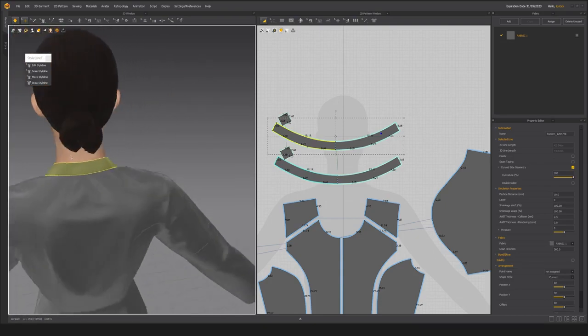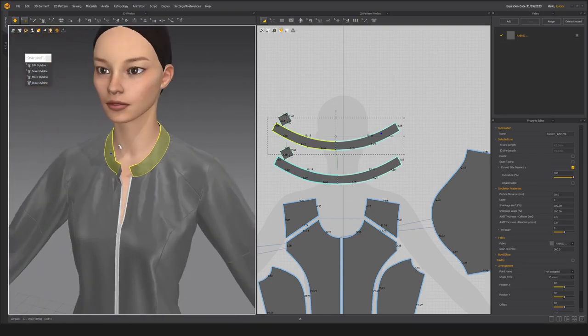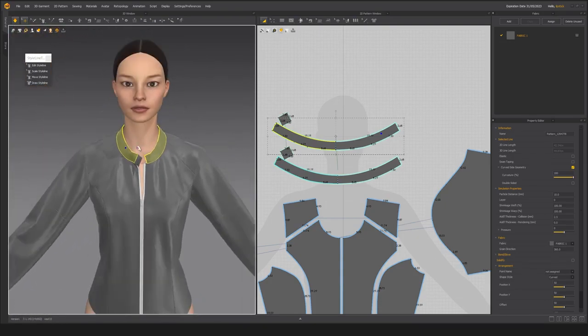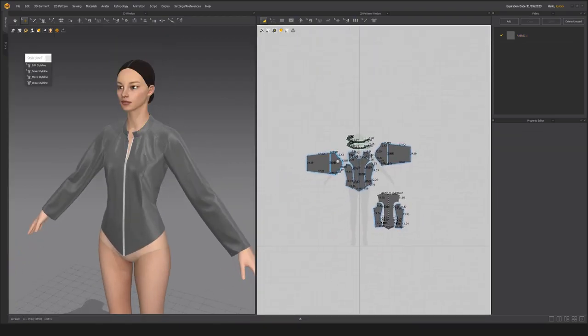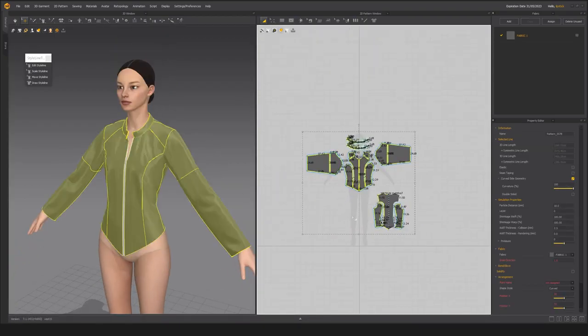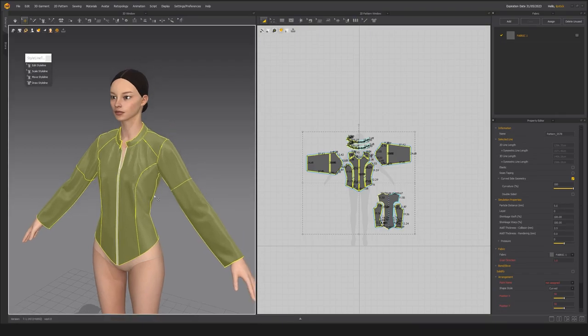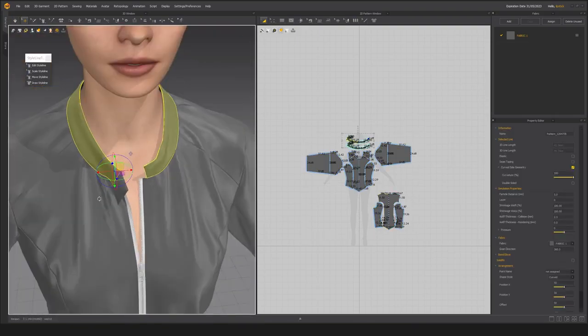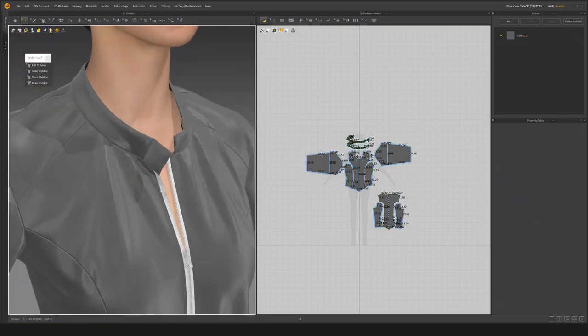But I think for the purposes of the demonstration today, this is actually quite satisfactory. And let me finally just drop our particle distance back down. So we're at 10. Let me put that back down to 5. And let's simulate again. One thing that isn't all that great, actually, if we look at the collar here,